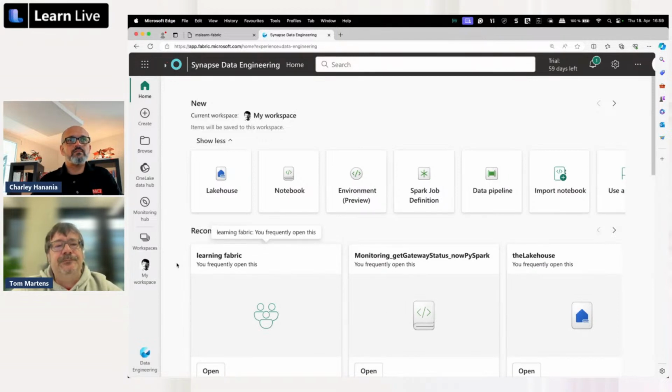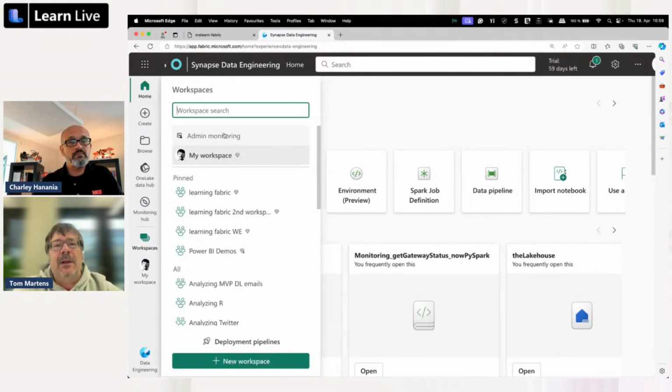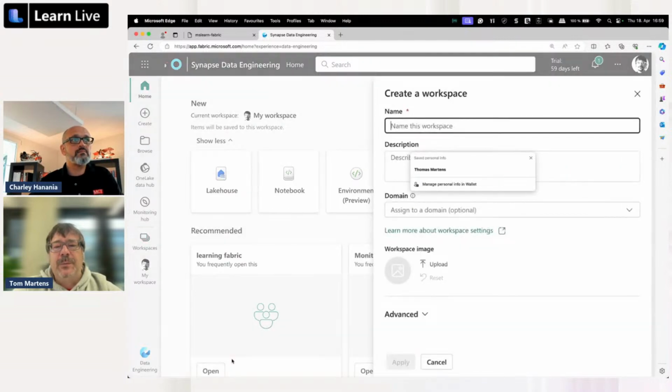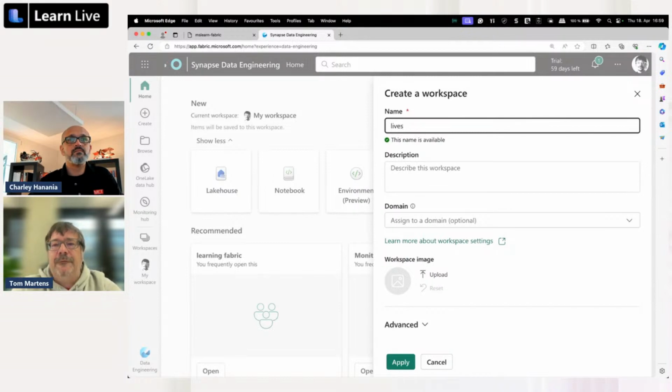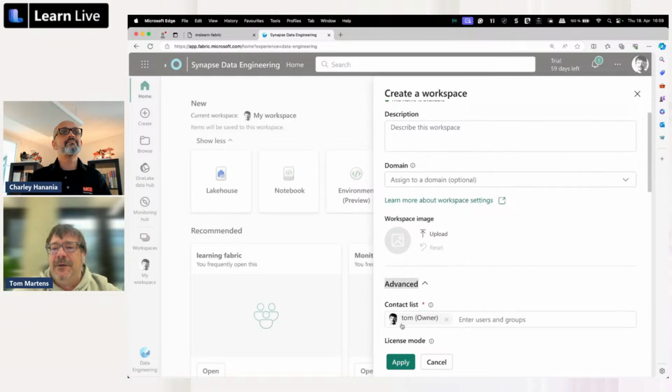And then I go to Workspaces. I create a new workspace and call this live demo. Because we are talking about Fabric, and if you're familiar with Power BI, the Power BI workspace is now called Fabric because these Fabric workspaces have additional capabilities. For this reason, it's very important that if you create a workspace,